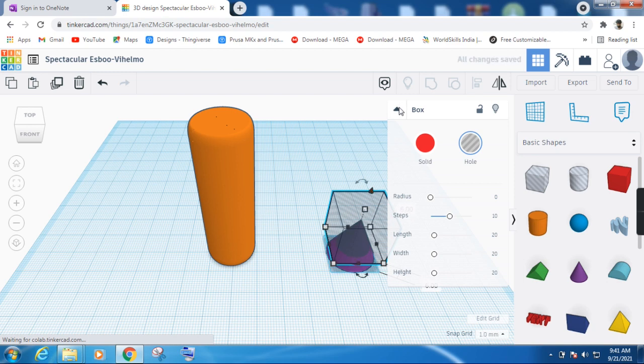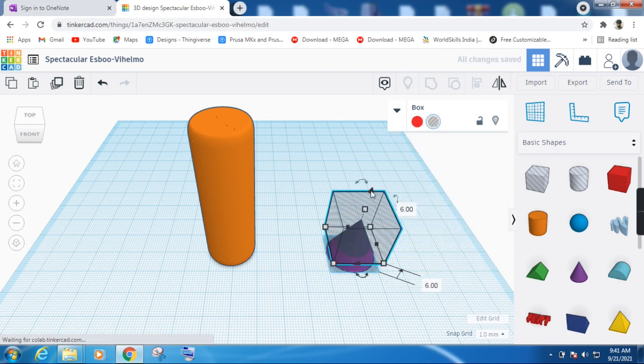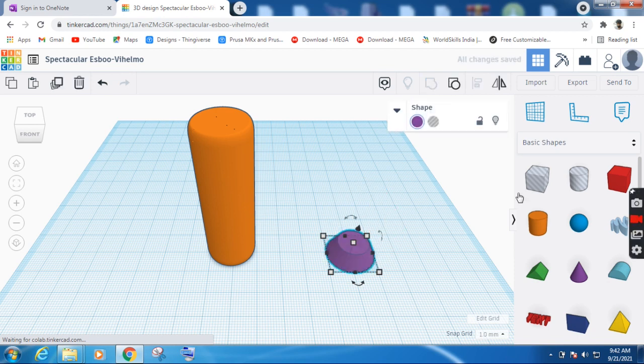Okay, let me see how many mm I went up. 6, okay, 1 mm, yeah, 7 mm I'm up now. So now I'll again select all by holding my left mouse button, and I'm going to group it here. After grouping it, you can see it slices the cone top.